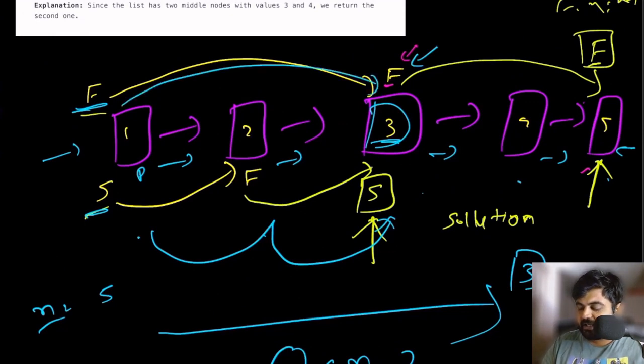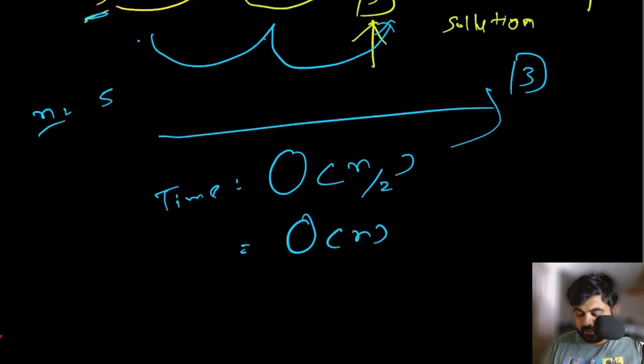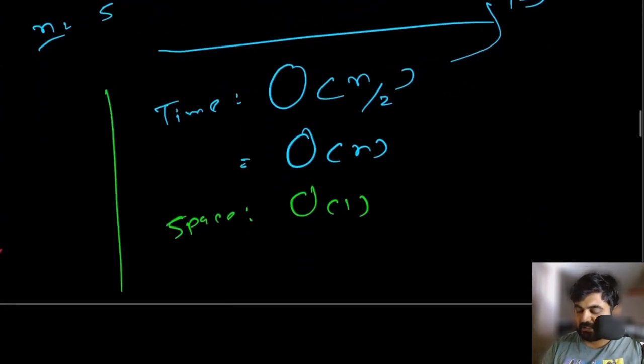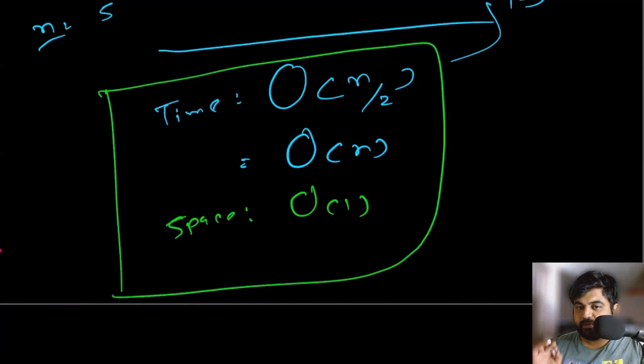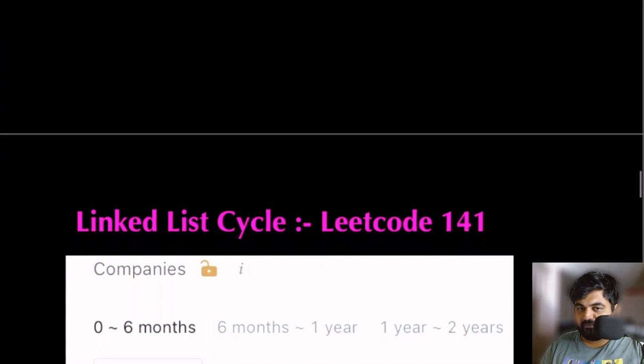It takes 2 jumps at a time, which means we are already saving some iterations in our algorithm. But in general, if you would have to write it, you can write it as big O of n. And another beautiful part of this one is that the space complexity for this approach is actually big O of 1, because we don't need any other data structure where we need to store some value. So this is the time and space complexity, and this is a beautiful approach that you are able to solve using the fast and slow pointer.